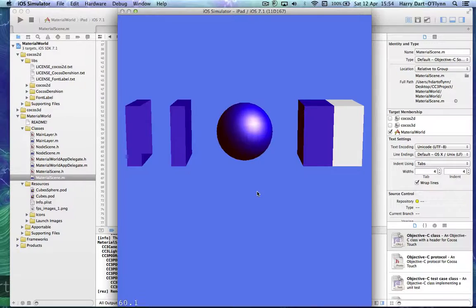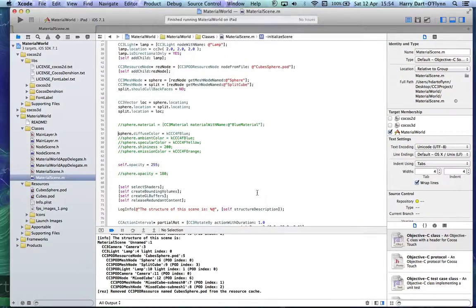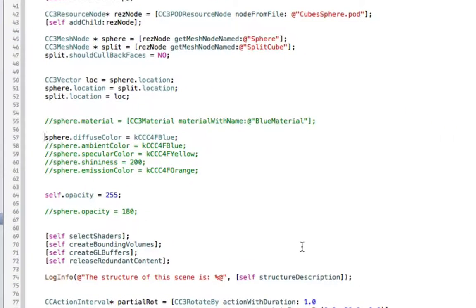Now, if you're working on a project, the sensible thing to do is to have a different material on each object, so that when you're bringing it into Cocos3d, all you're doing is tinkering with that particular material. But if you had a situation like this where you had the same material shared by a few and